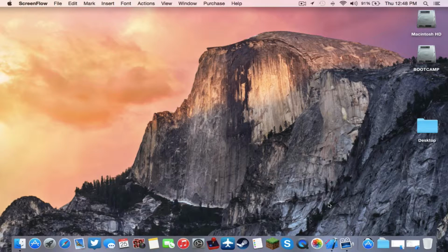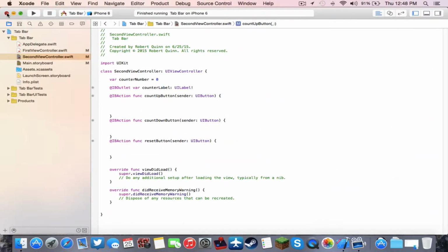Now this is eventually going to go on the App Store under my personal developer's account, but I'm just going to show you in case you're new to Xcode and you want to know how to do something maybe similar to this, or maybe you're just trying to learn Xcode and you want to play around with some new ideas. So first we're going to go over to Xcode,